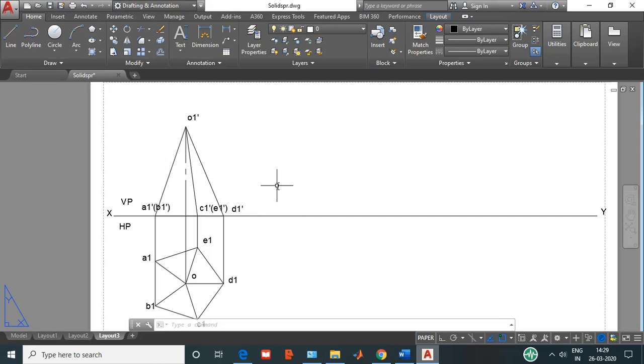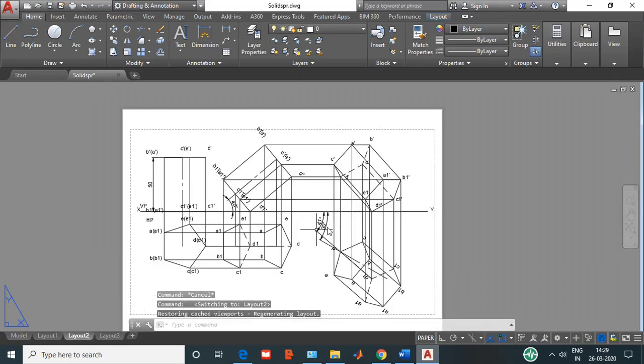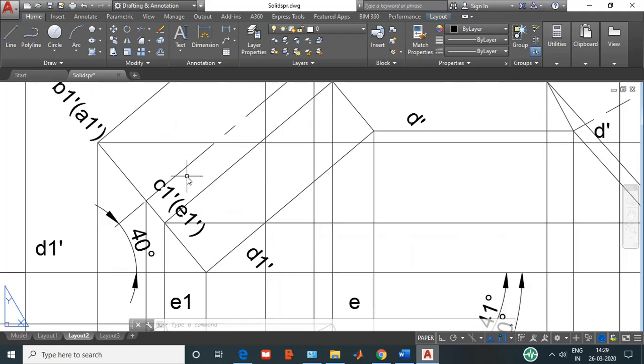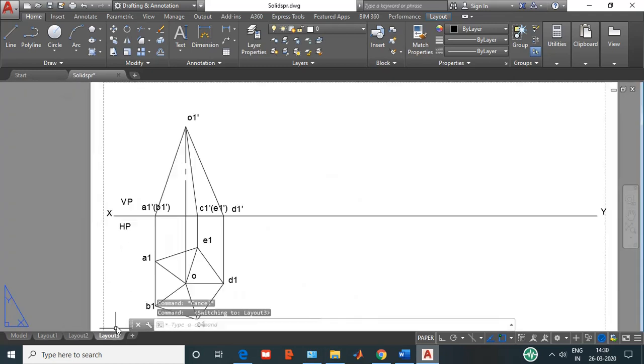Okay, now here I cannot apply the theory of the prisms, right? In prisms, what we were doing, you can look here, this axis and this edge were both parallel. So if this is inclined at 40 degrees, automatically the axis will also be inclined at 40 degrees. But in the case of pyramids, this won't be true because these two lines are not parallel. So what I need to do is take a simple concept of a triangle, right? So if you incline this line, for example, I'll just show you here.